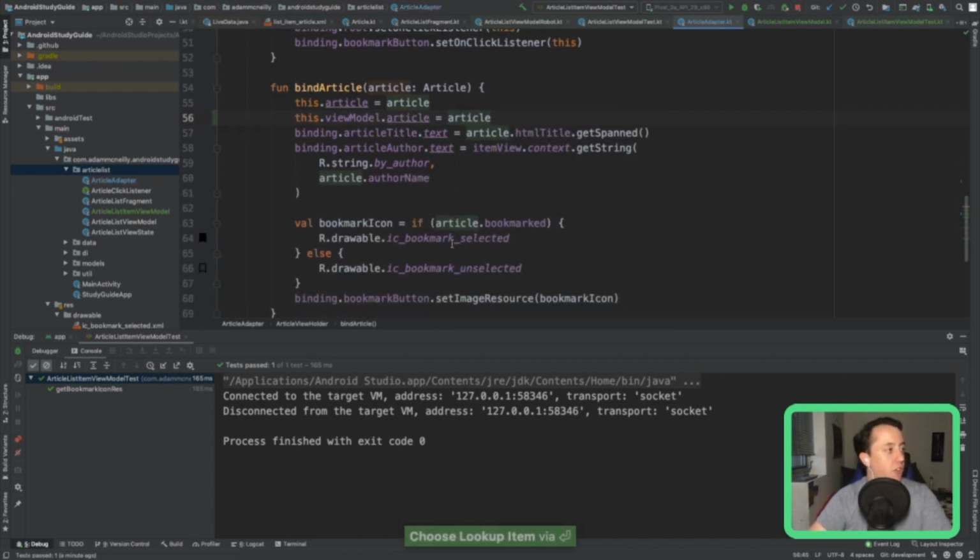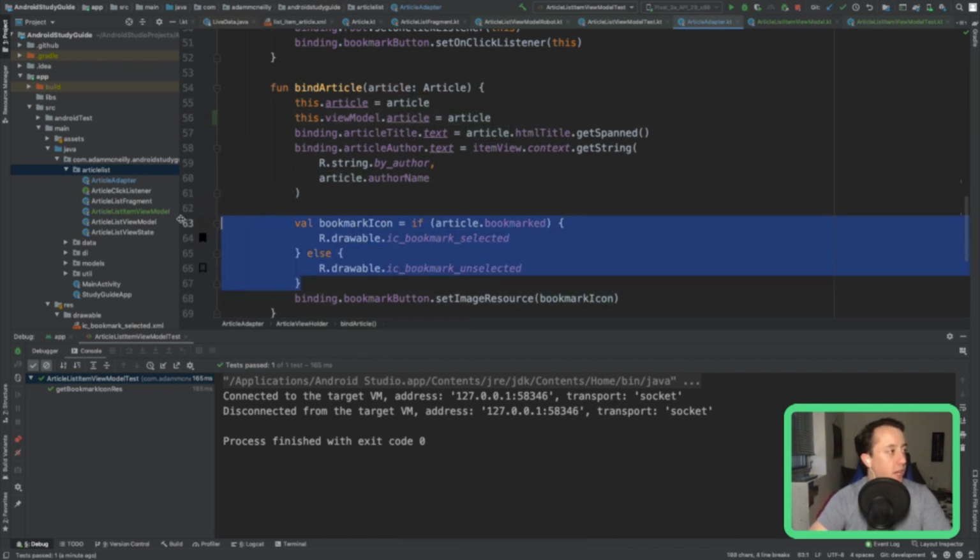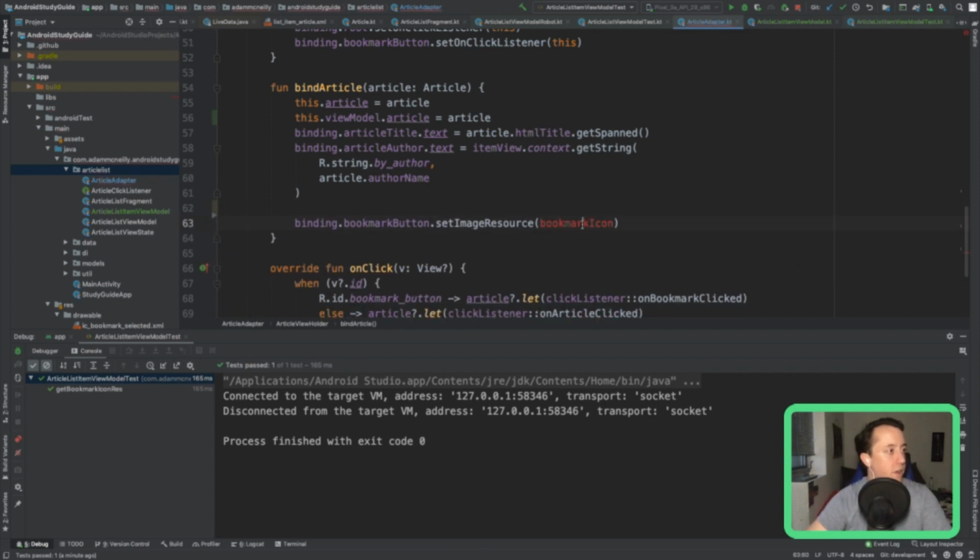And then we can change it by saying, where we call set image resource, now we get rid of all this fun stuff, and then we just say view model dot bookmark button res. So that makes our adapter class a lot smaller. So we could even change, we could throw this spanned thing into the view model.